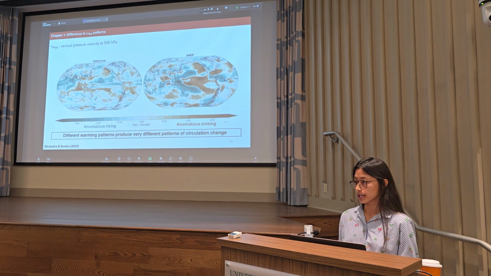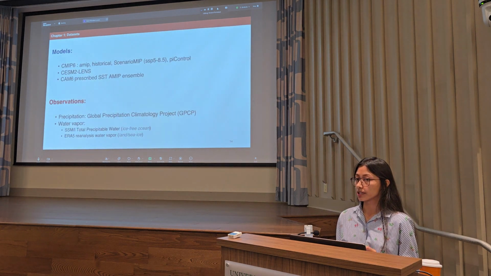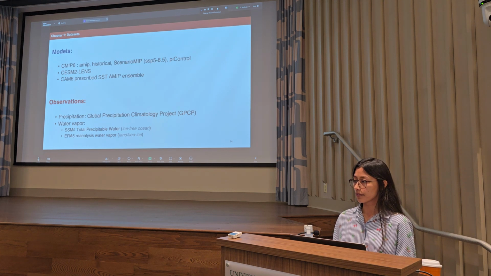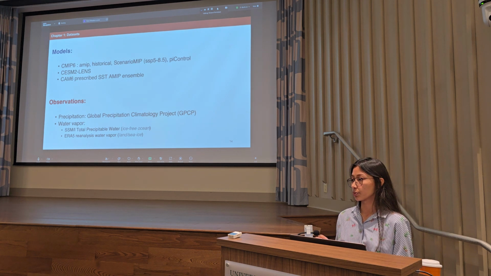So keeping this discrepancy in mind between the AMIP, which has SSTs prescribed based on observations, versus the coupled models, we run a comparative analysis between different experiments as part of CMIP6 and also between model simulations and observations. We namely use the atmosphere experiment, the coupled historical one, a very high forcing future scenario, the SSP5-8.5, and PI control simulations from CMIP6. We also use a 100-member large ensemble from NCAR, the CESM2 large ensemble, and a 10-member CAM6 prescribed SST ensemble, which extends the NCAR AMIP experiment to year 2021.